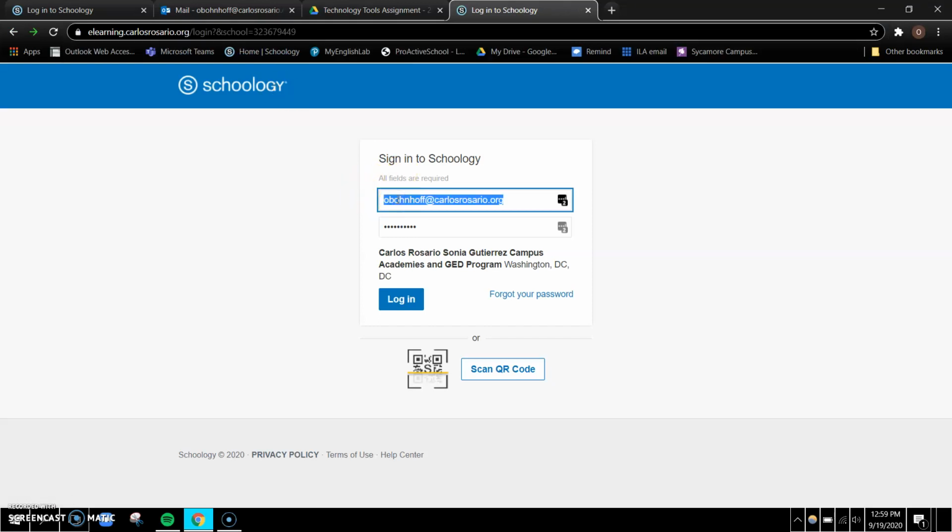Remember, your login is your Carlos Rosario email, and then your password is one of probably two things. It is either your complete student ID number or it is something like change me. And I can check your password for you if you don't know. So log in,